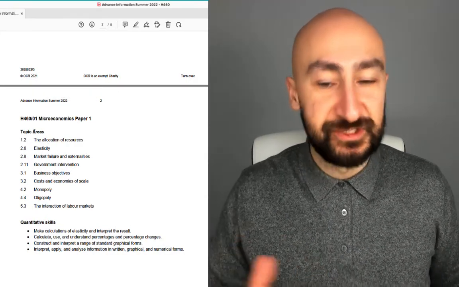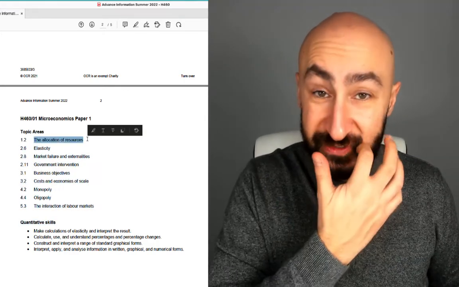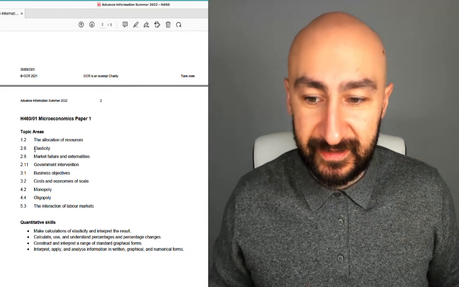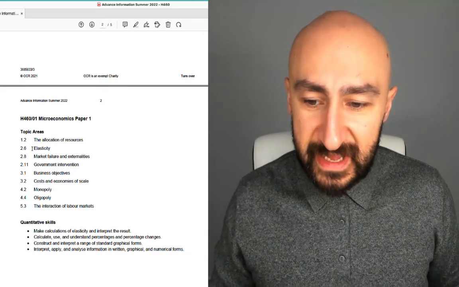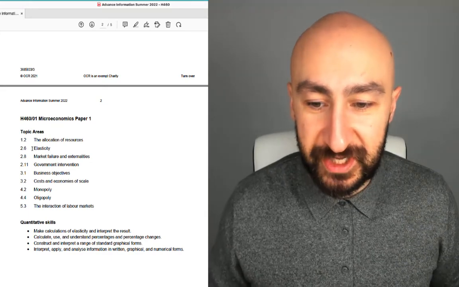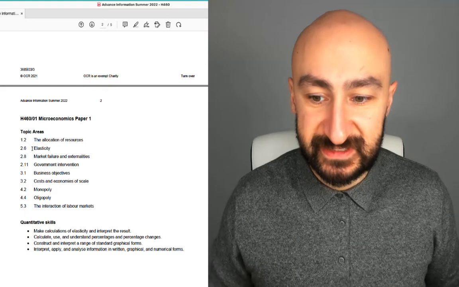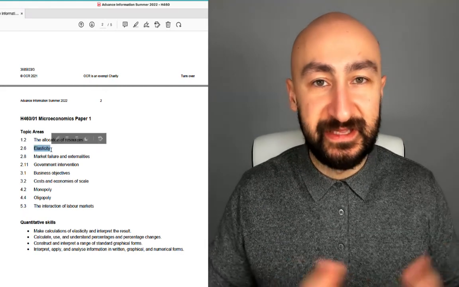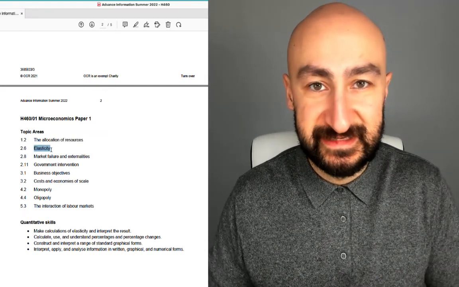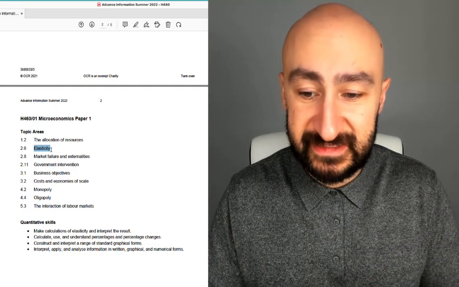So these are the topic areas for Microeconomics Paper 1. Allocation of scarce resources. Allocation of resources. Nice and easy. That's coming from what is economics essentially, and so usually small questions stem from that part of the syllabus. Elasticity. Now we need to learn about all realms of elasticity, whether it's PED, price, cross, or income elasticity of demand